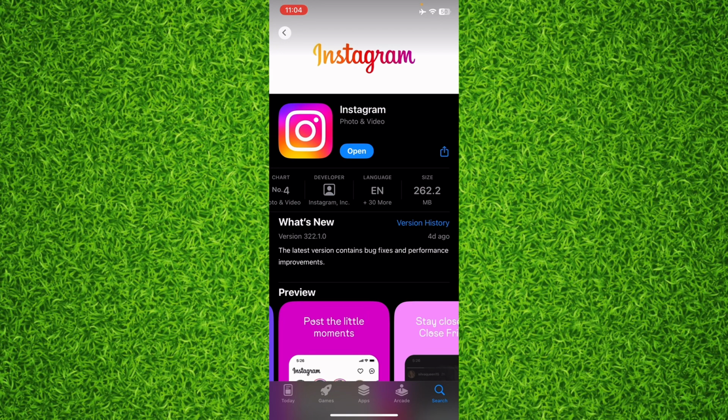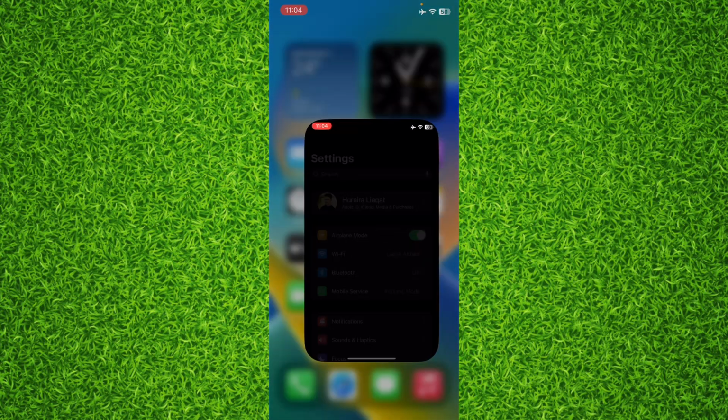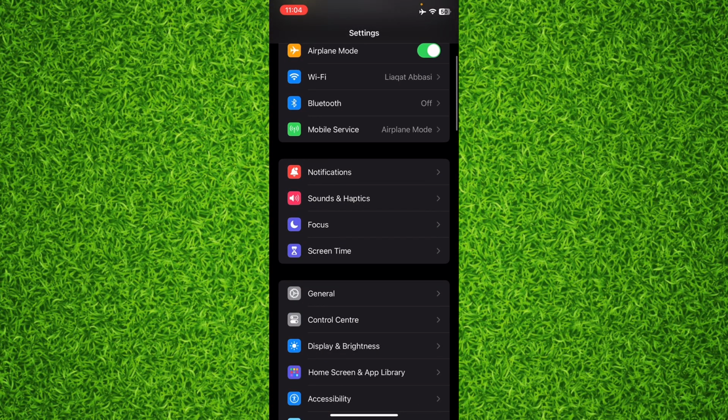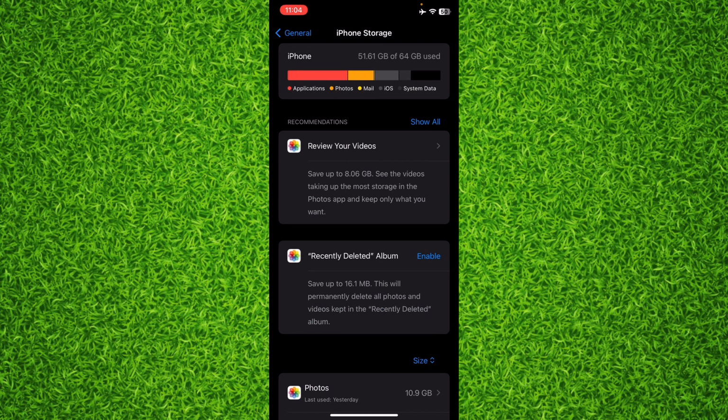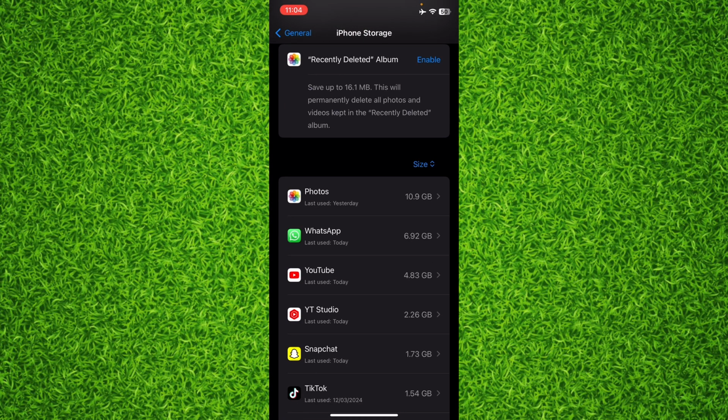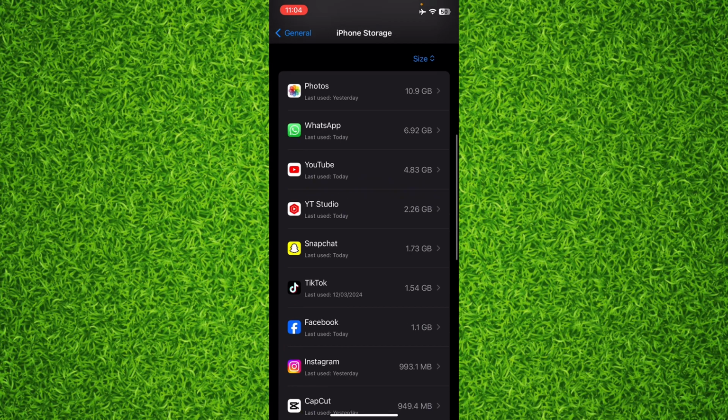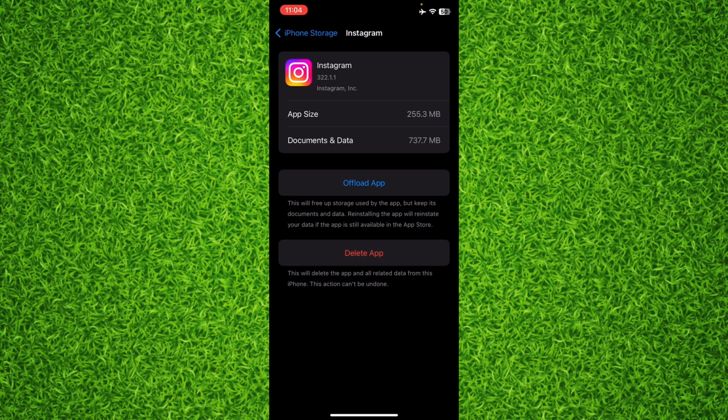But if you don't have access to the latest features and you want all the latest features and you want to update the Instagram app to the latest version, you can do one thing. You can go to settings of your iPhone or Android, whatever you have, then go to general and then iPhone storage. If you're on an Android, you can go to settings, then go to apps, and look for the Instagram app like this, and then you'll have to clear the cache of Instagram and then uninstall it and reinstall